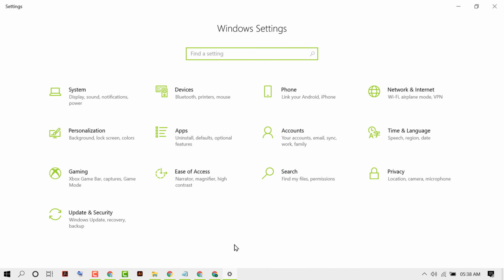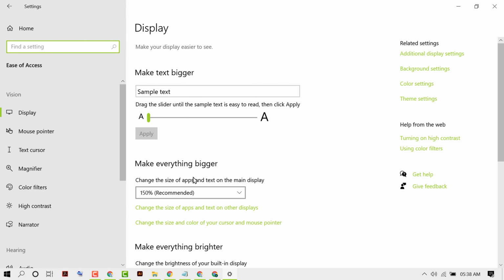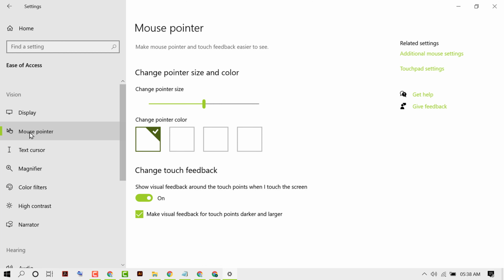In here you need to click on ease of access. Now this second option, mouse pointer. So click on it. You can change size and here you can change color